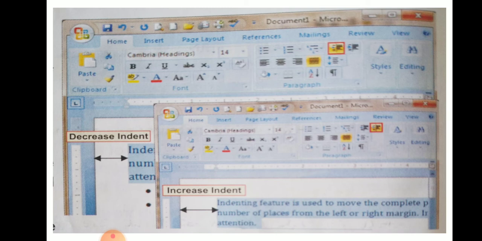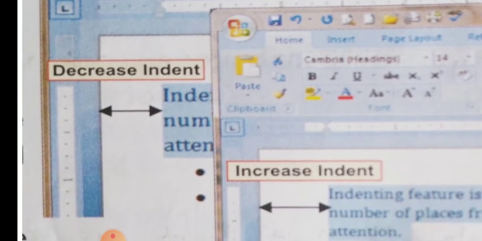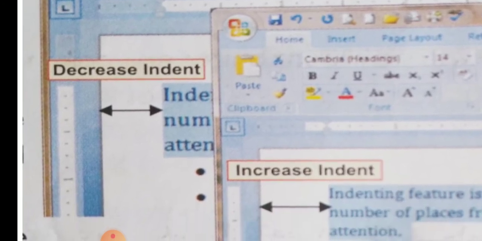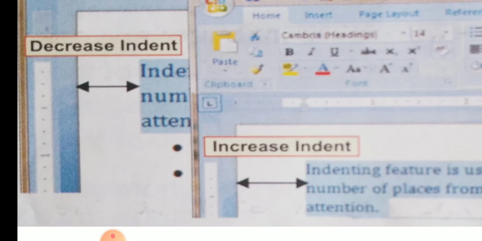Then the selected text will shift half an inch. Here we can shift the text half an inch away from the left margin, and by clicking on decrease indent we can shift it half an inch closer to the left margin. Clear children? This is decrease indent, increase indent. There is a space between the paragraph half an inch from the left margin as well as the right margin.